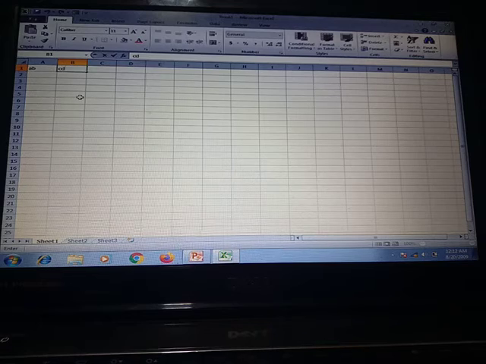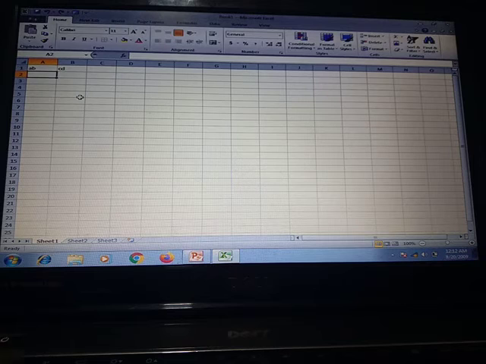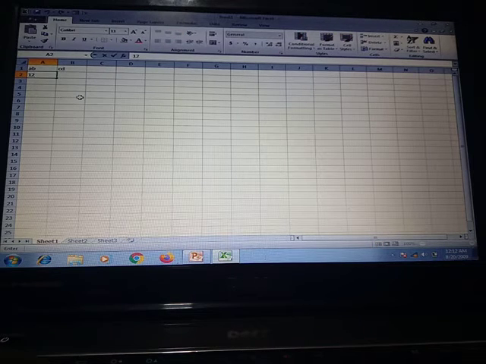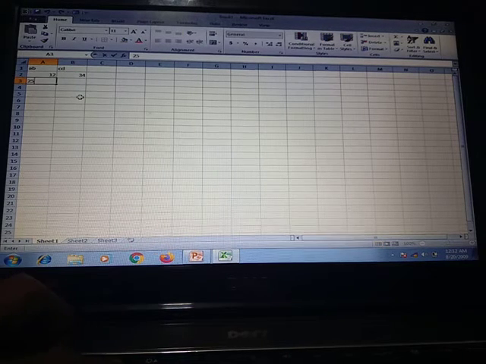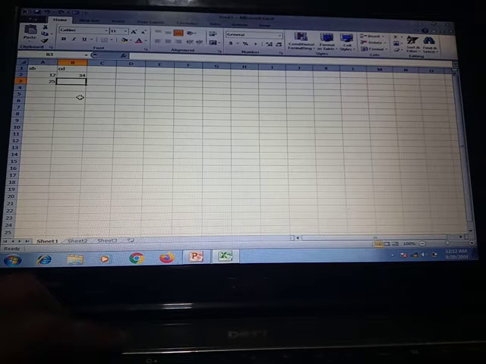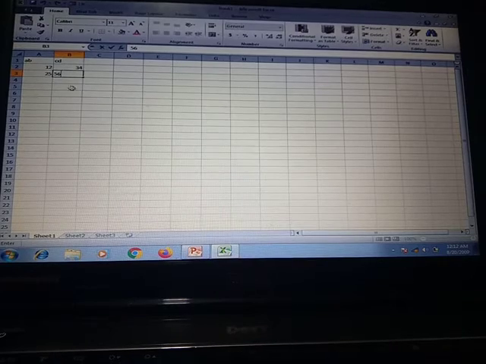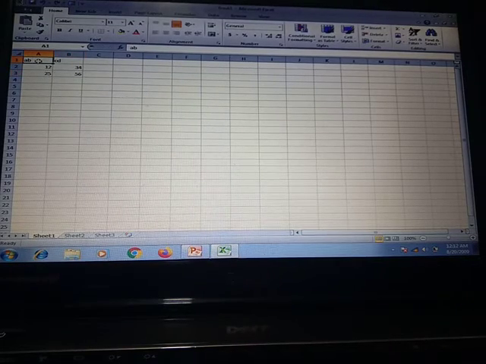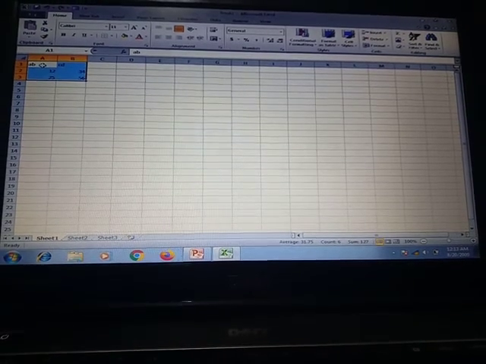We are entering some data so we can make a chart on it. After entering data, now we have to select it and go on.